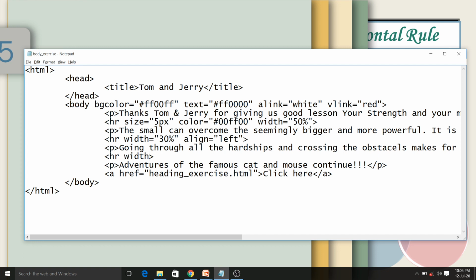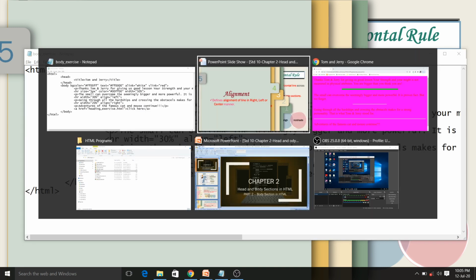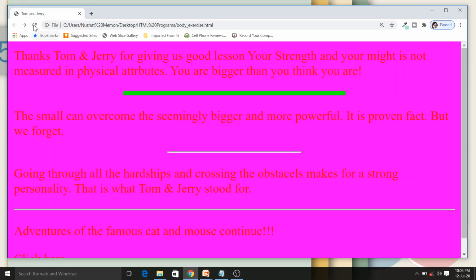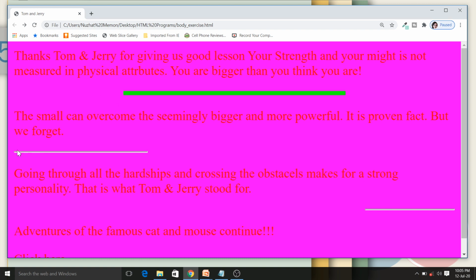But I have to change the width to around 20%, and align equal to right. Width is 30% and alignment is left, and here width is 20% and alignment is right. Or you can make it center, left, right. It is up to you.